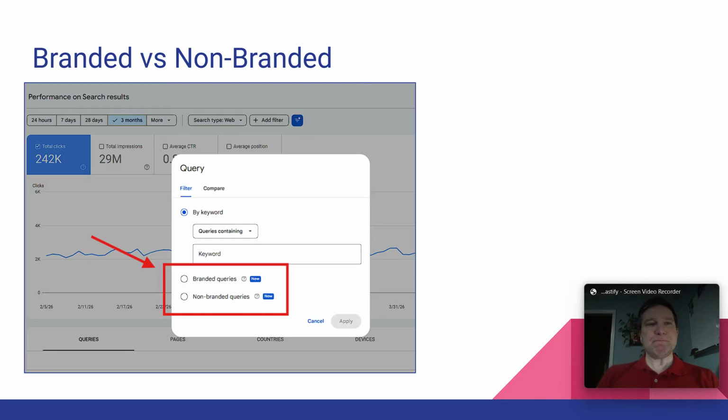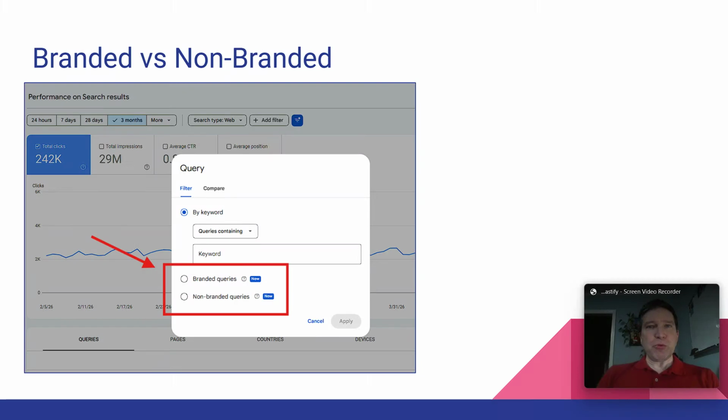I like that one. Branded versus non-branded. When you add a filter and you go to filter for queries, there's a new option that says branded queries or non-branded queries. So I checked this out. Google's actually really, really good at figuring out what are the branded queries and what are the non-branded queries. So this is kind of cool. That's a really new feature. It's new, I think, as in the last month or so, but that's really cool, and I recommend trying it out and testing it out a little bit on your own brand and see, does Google really understand what your